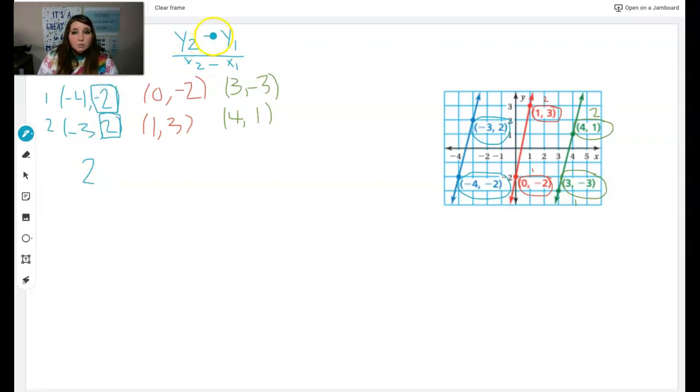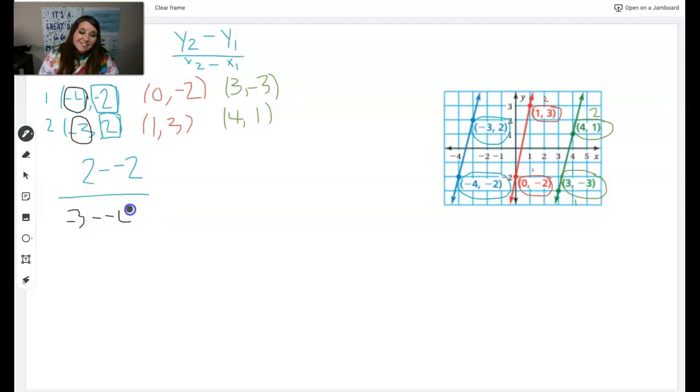All of this goes over the x of point number 2, which is negative 3, minus